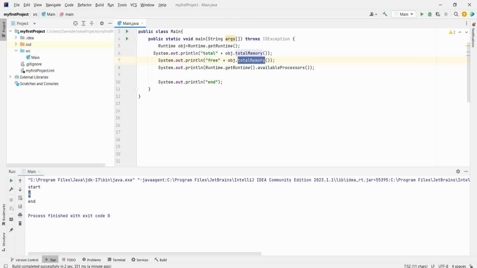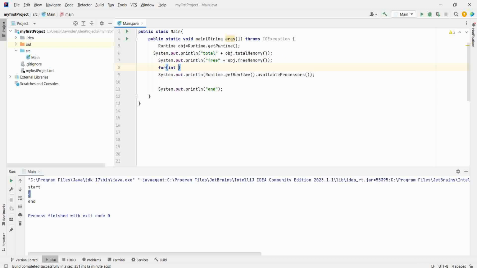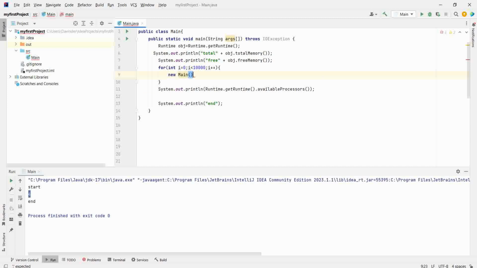Now I'm using some memory: int i equal to 0, i less than 10,000, i plus plus. Create the object of the main class. The object of the main class will be created many times, so a lot of memory will be allocated here. So if you try to print the free memory again here, it will be very less.